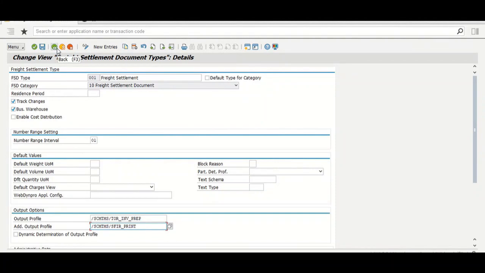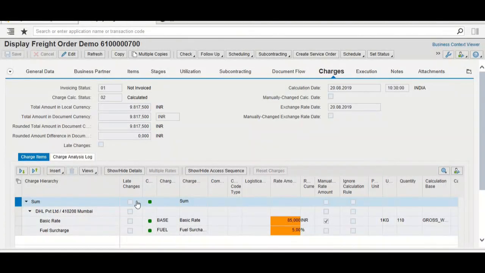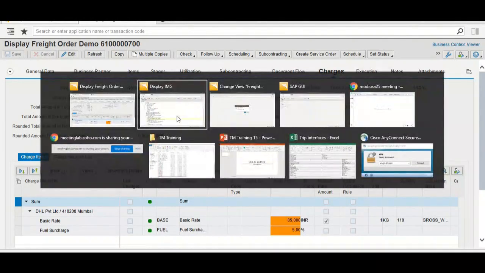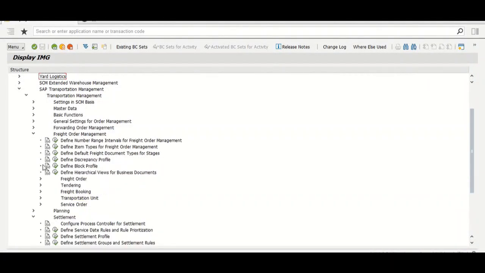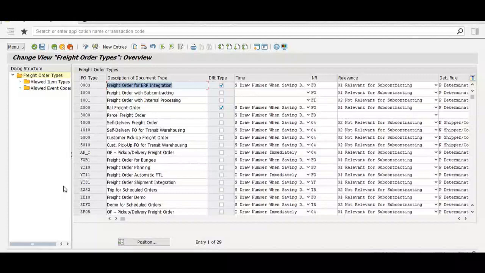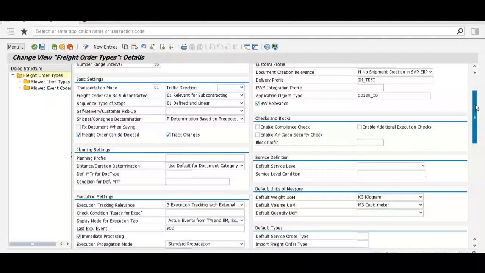We'll see your freight order, and from that freight order we'll try to create a settlement document. So we are going to create a settlement document for the order which we referred during charge calculation. So let's see the freight order type of this order and what is the settlement type that we have maintained for this freight order type. This is a freight order type, and